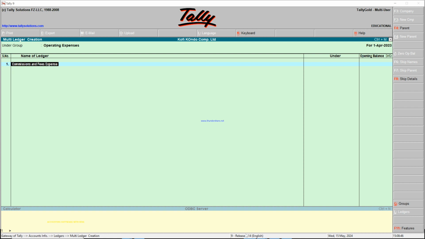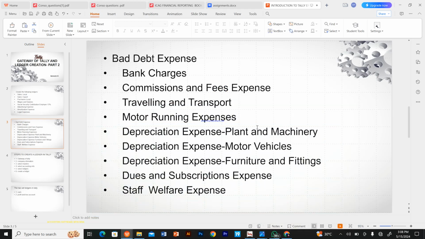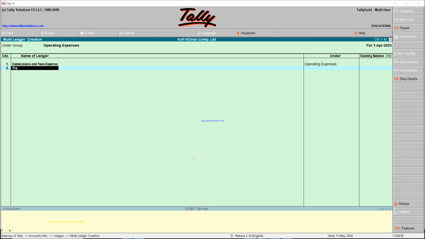So we don't have any, so you see they bring it automatically. The next one is traveling and transport, and then followed by motor vehicle. So we have traveling and transport expense, right? Then the next one is motor running